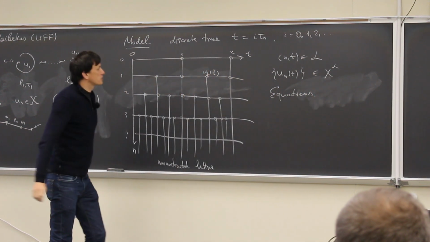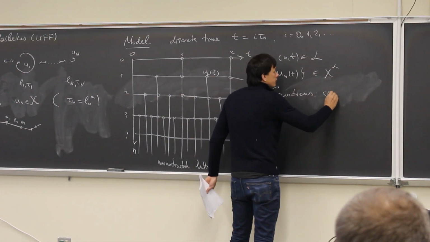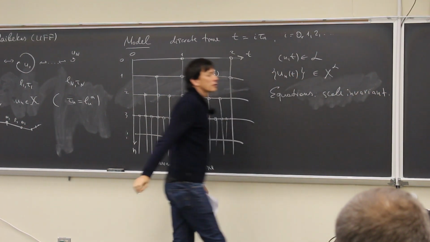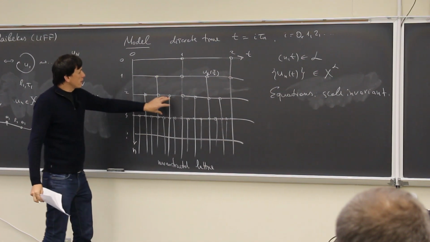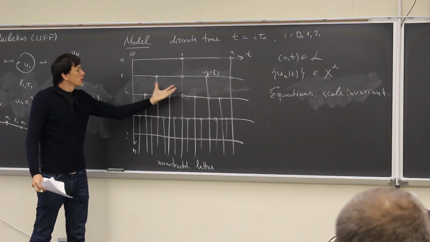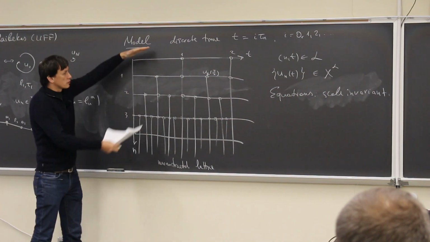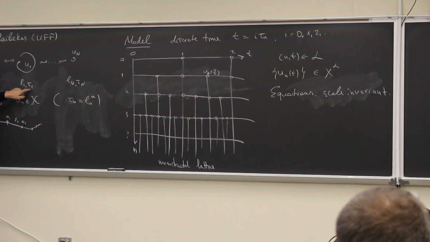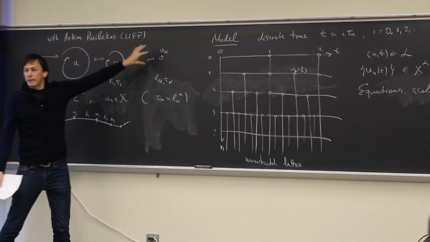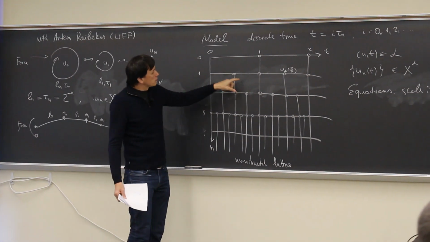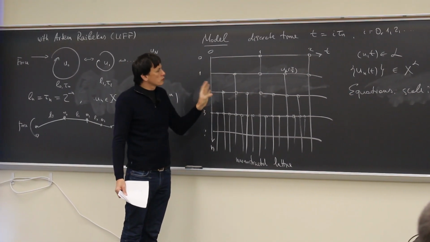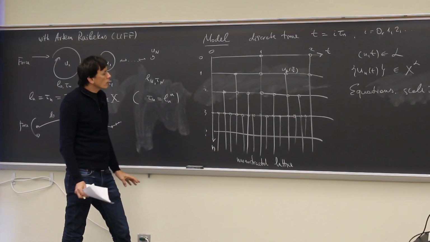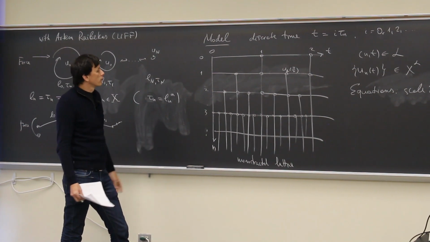So equations, they should be scale invariant. Scale invariant equations mean that at each point, at all points, they are the same. So scale invariance of the equations means that the equation, written in proper scales, is the same everywhere. So it means that we can just put some model which is more general than what we considered last time, just to give more freedom for different models.